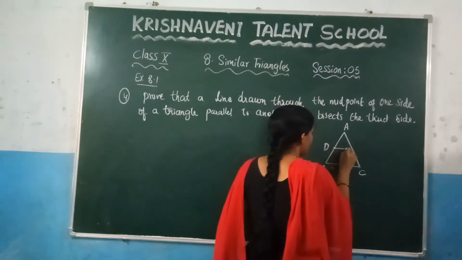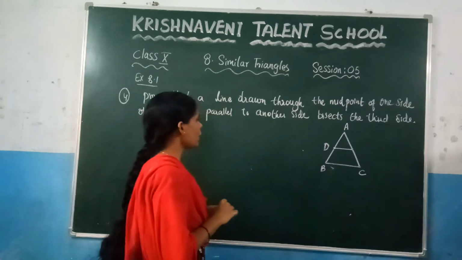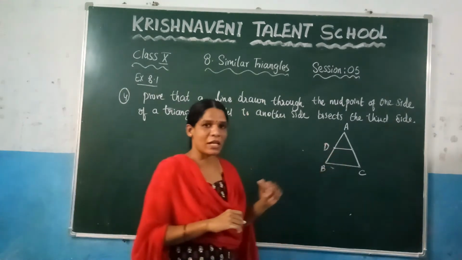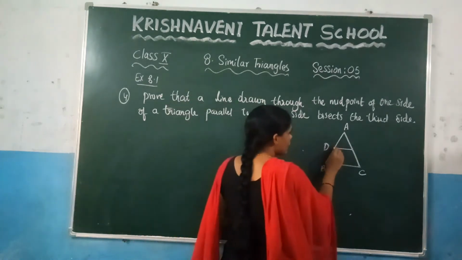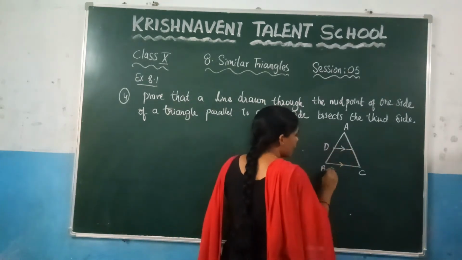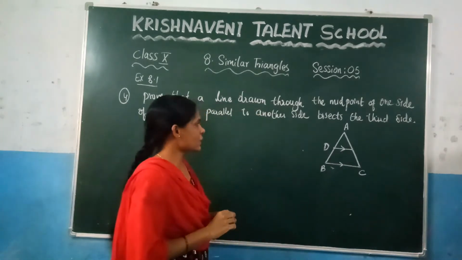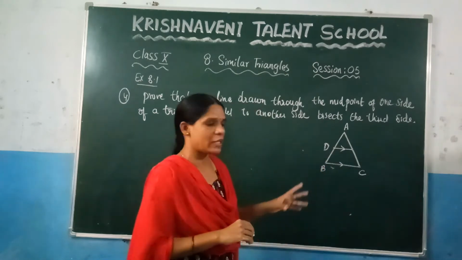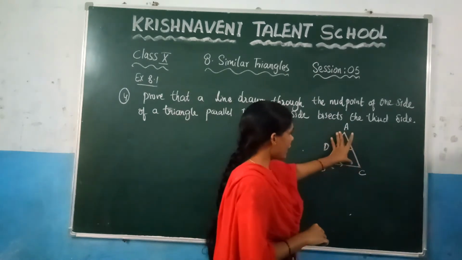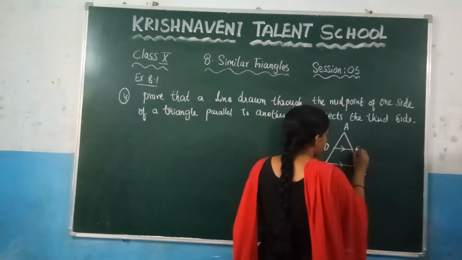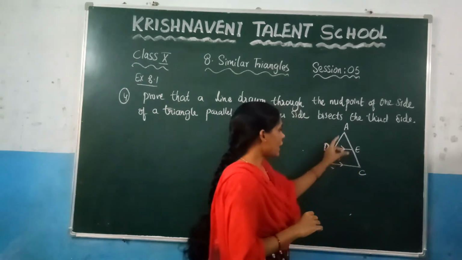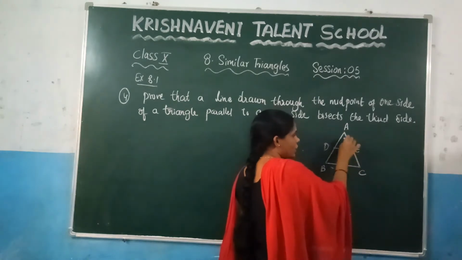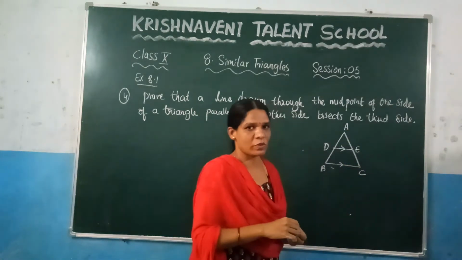So I have to draw one line, and after that, what they have given, see it here, parallel to the other side. That line should be parallel to the other side. Clearly you can observe that this line is parallel to which side? Which is BC. Now what are they asking here? Other side bisects the third side. What we need to prove here? You need to prove here this side. Here let us mark this as E. That means you need to prove here AE is equal to EC. That means E is the point that is bisecting AC into two equal parts. So that we need to prove it here.